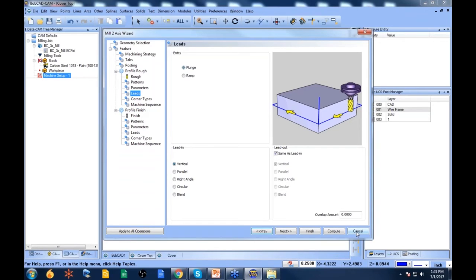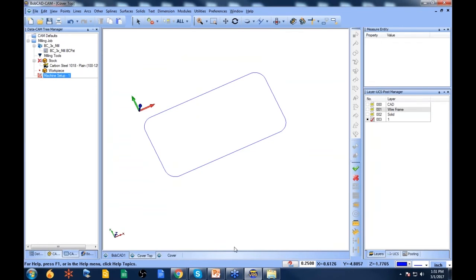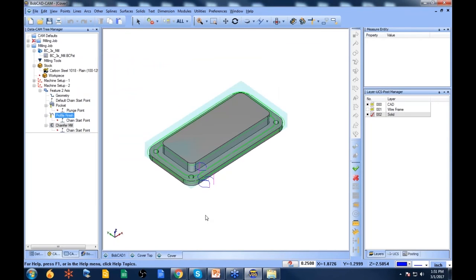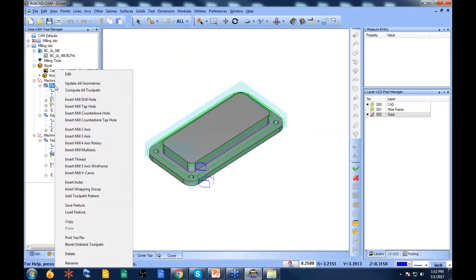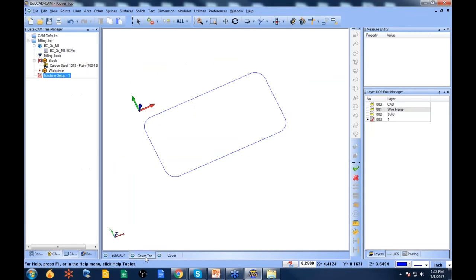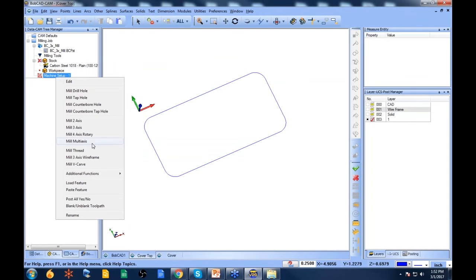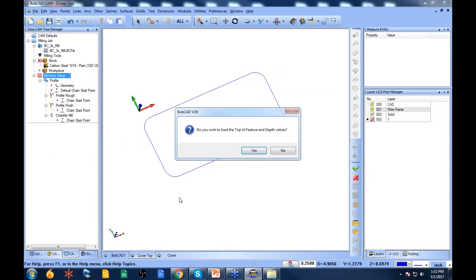Now, how do you set those defaults? Well, one way you do it is by previously programming a part. Like this one here, I have a couple of features that I've set up already. I can take this feature, copy it, go to this other job, come over and paste that feature, okay? You'll notice it even asks me if I want to use the depth values, okay? So when you copy and paste a feature, you're taking the settings you used in one job and you're applying them